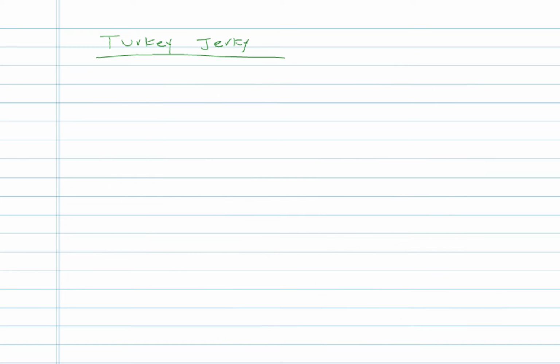Alright, this is the example with turkey jerky, and what we know first of all is that the fixed cost is $2,500 per month, so C sub F is $2,500. It says from the problem statement that the variable cost per box of jerky is $10, and so the C sub V is 10. Also in the problem statement we're given the following relationship between price and demand. It's given that price is 50